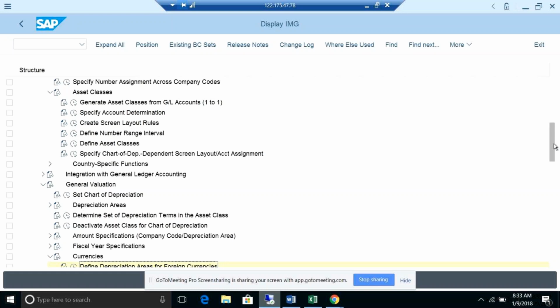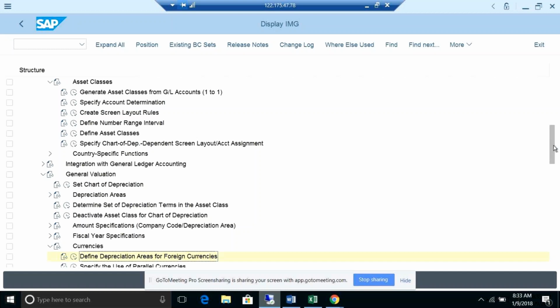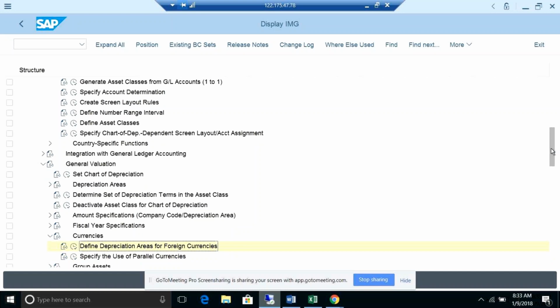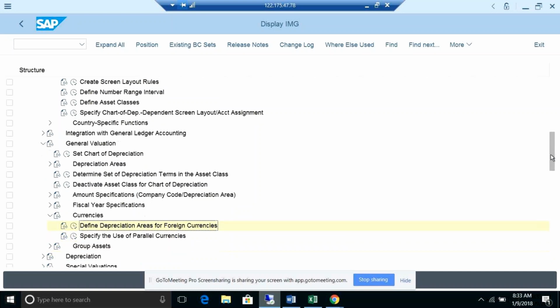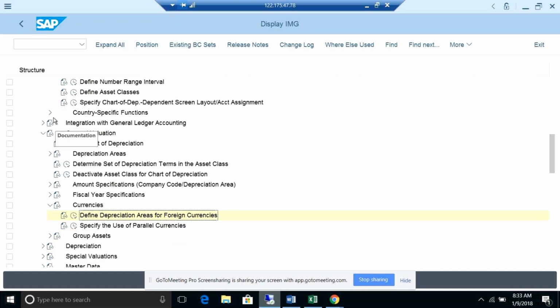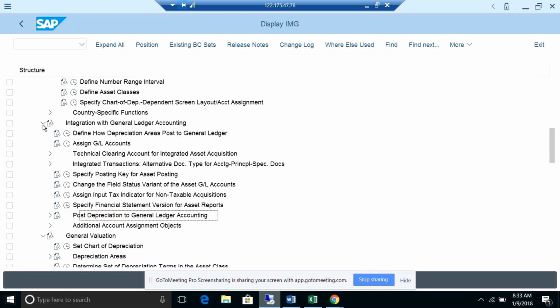You can create or you can copy from my company code, and you can create the GLs, do account determination, all those things you can do. Wherever changes come in, we'll see. And this is also integrated with general ledger accounting. How depreciation is posted to the GL account, these are all the same.